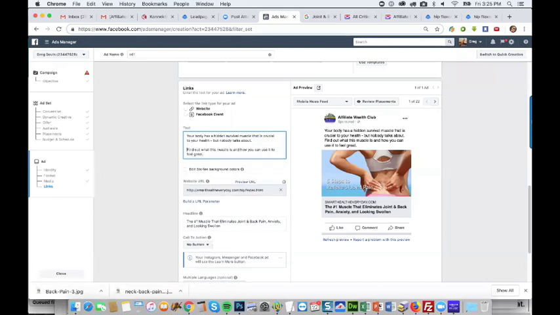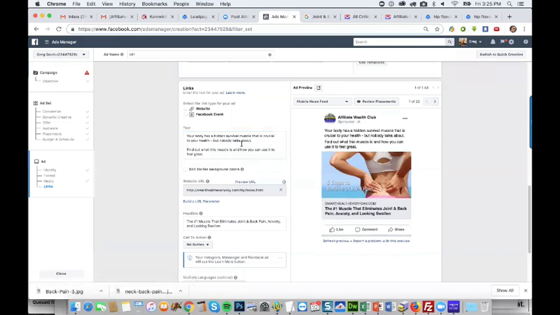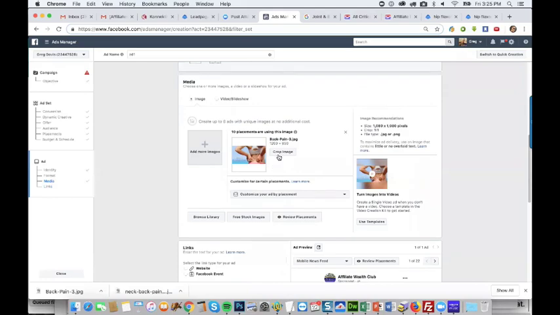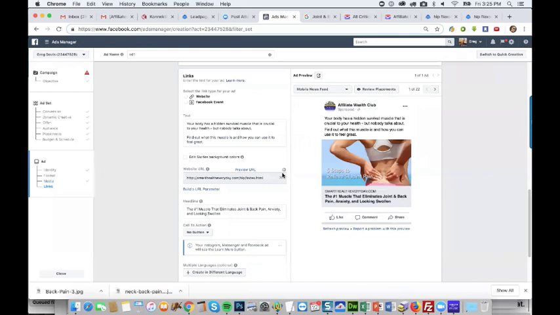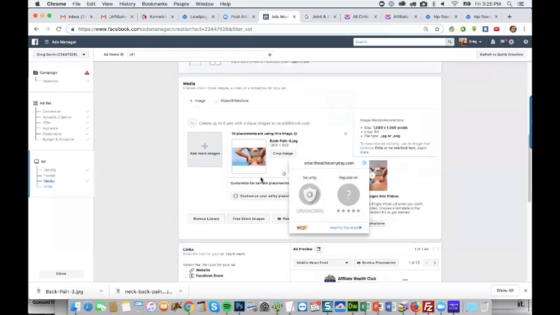Let's make this two lines. Your body is a muscle, blah, blah. All right, it looks good. And you've got the little extra, 5 steps to relieve joint pain. What is that? I didn't notice that before. Let's find another one. Let's change images. Let's use the other image.